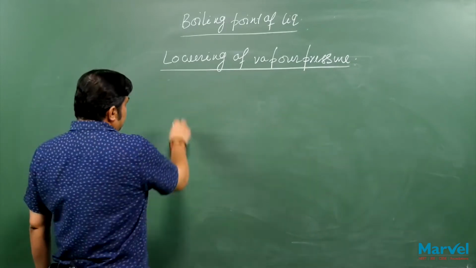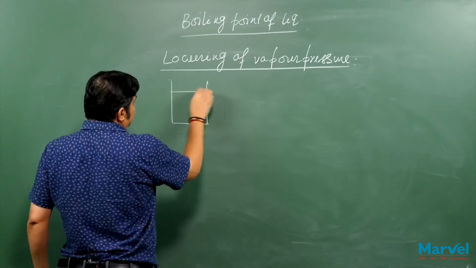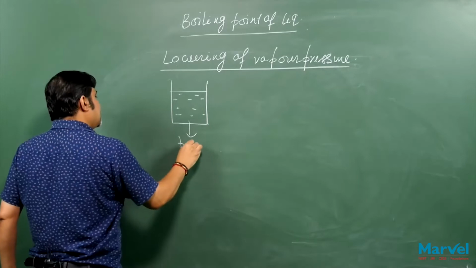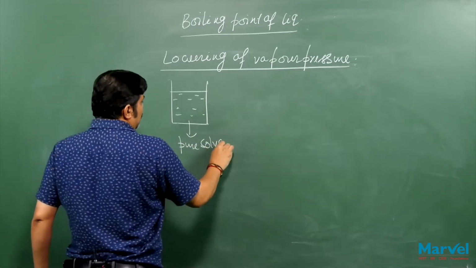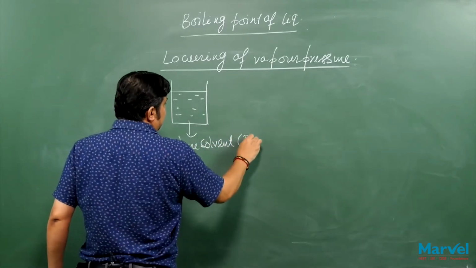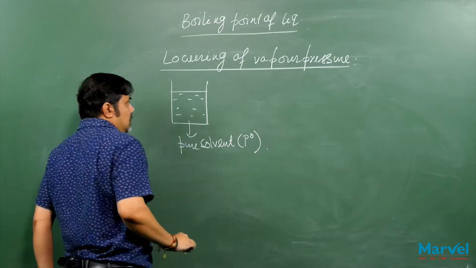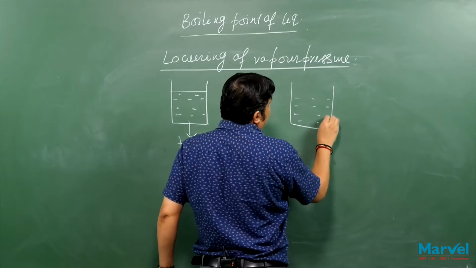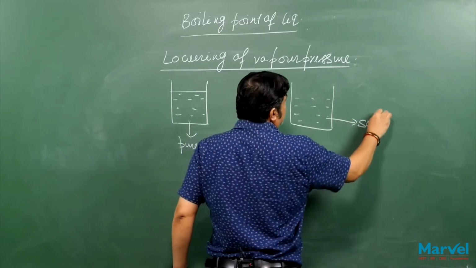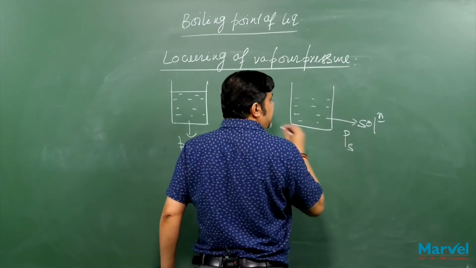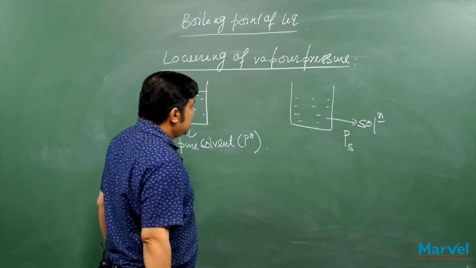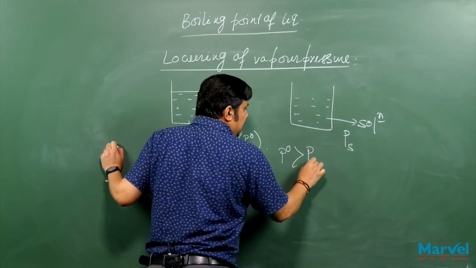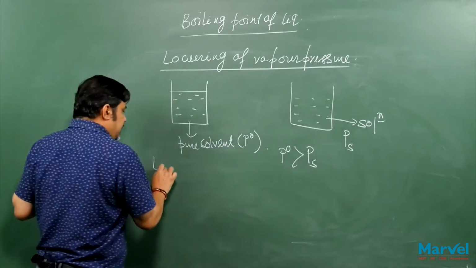If you look at a pure solvent, in pure solvent, vapor pressure is P naught, and if there is a solution, vapor pressure is Ps. We know P naught is greater than Ps, and then the lowering of vapor pressure